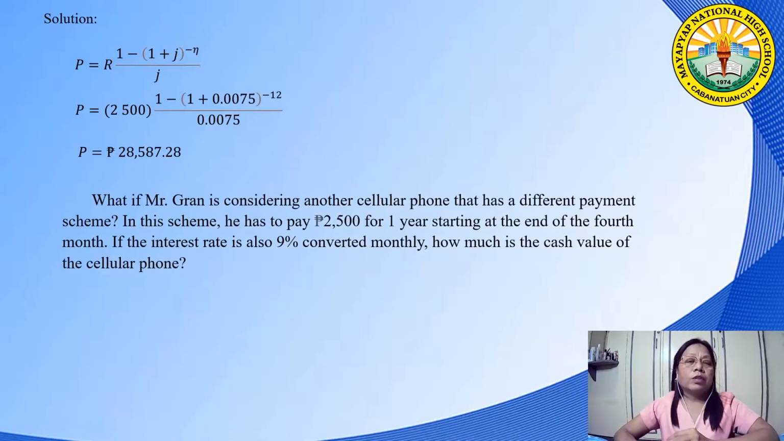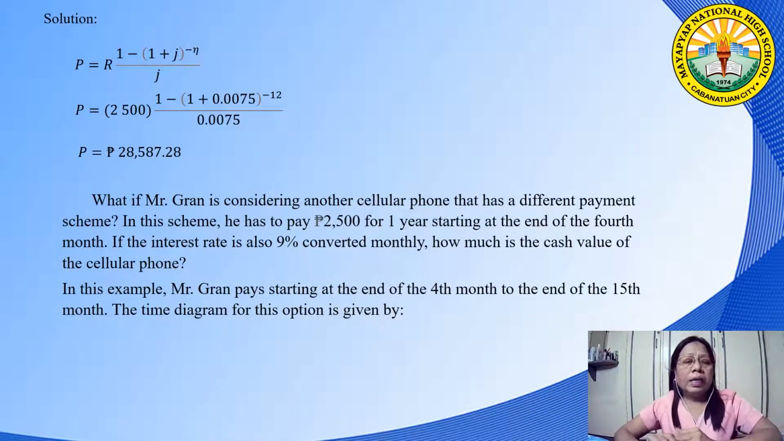So what if Mr. Grant is considering another cellular phone that has a different payment scheme? In this scheme, he has to pay 2,500 for 1 year, starting at the end of the 4th month. If the interest rate is also 9% converted monthly, how much is the cost value of the cellular phone? So in this example, Mr. Grant pays starting at the end of the 4th month to the end of the 15th month. The time diagram for this option is given by,